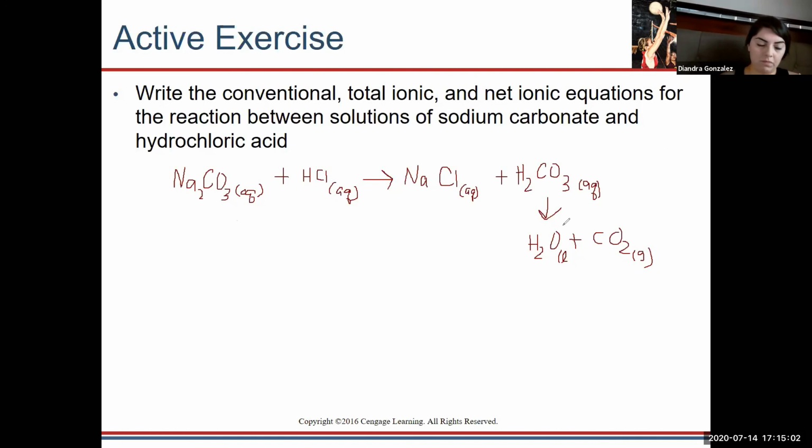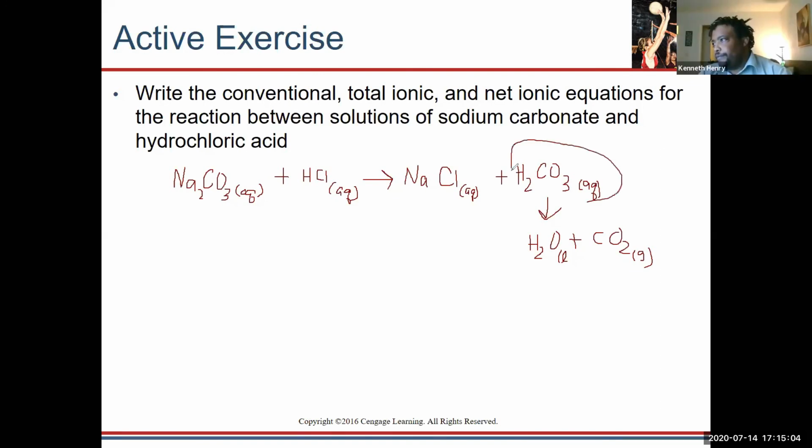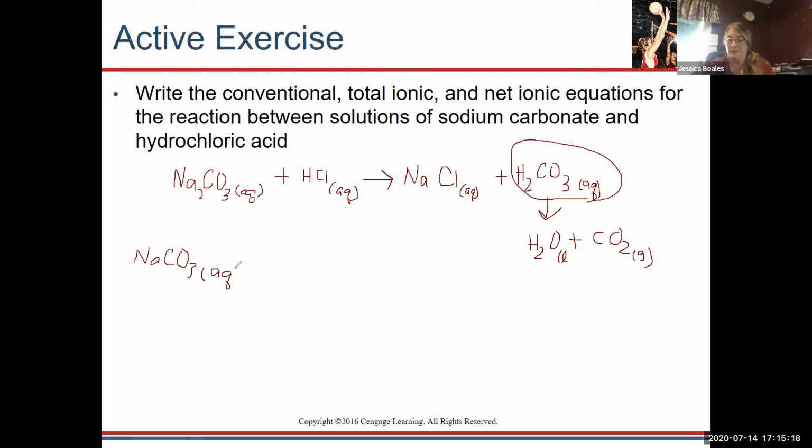So that's just this part here. So your overall equation, or conventional equation, is going to be